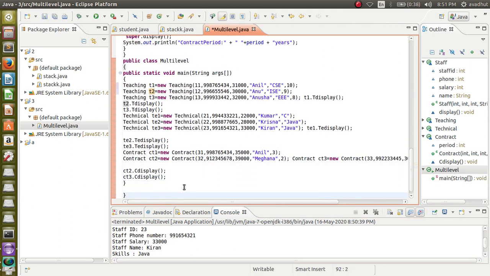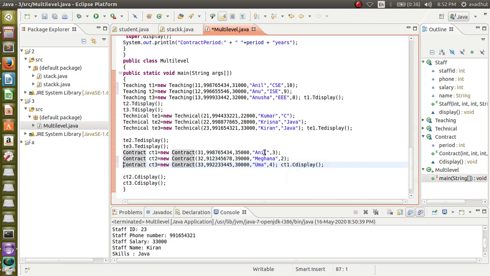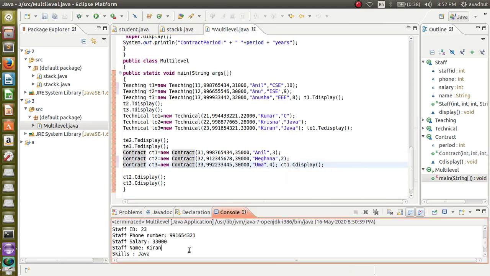This is for contract, and for contract we are having Anil, Meghna and Uma. So you can see below output, we are having here Anil, next one to come is Meghna, and lastly we are having Uma. So like this you are going to get the output. No need of giving any data, directly we are doing the initialization.